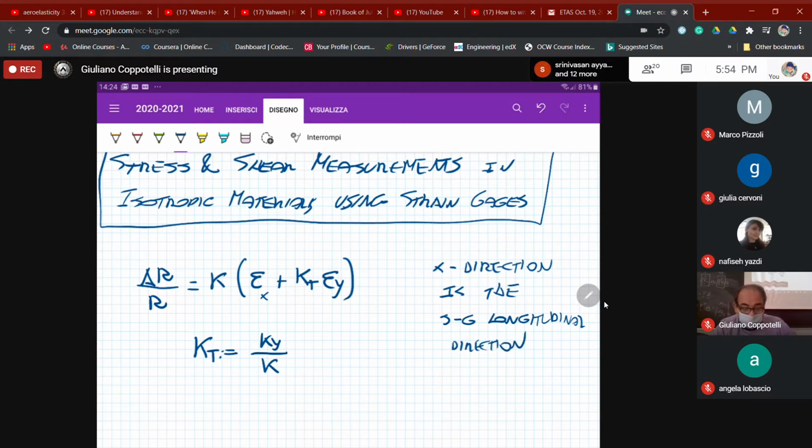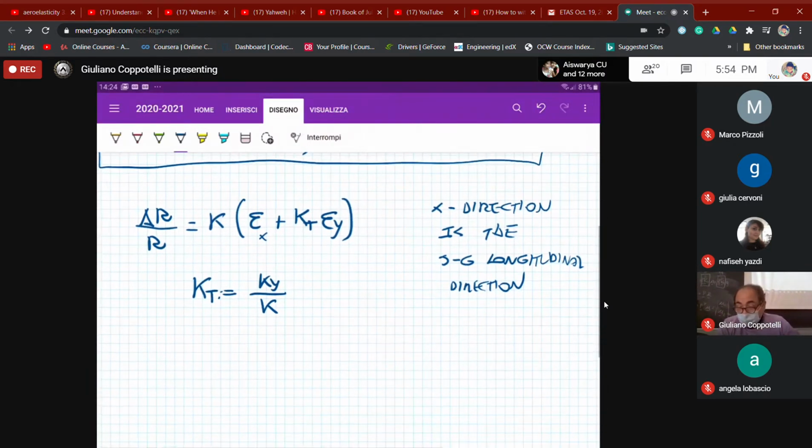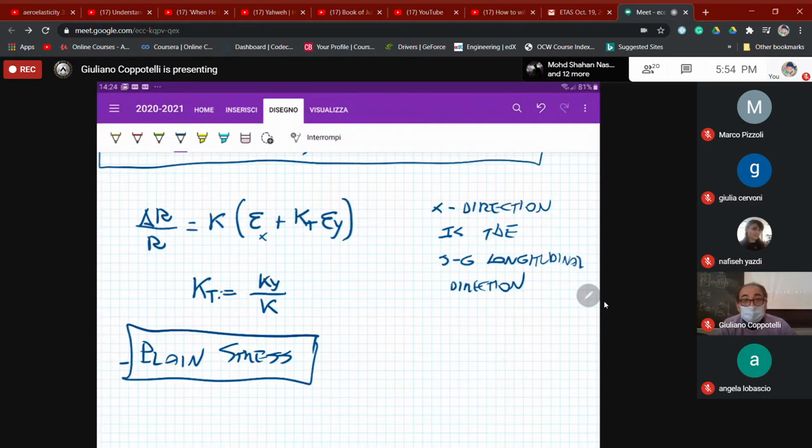And of course, the y direction is a transverse one. That said, let's assume that we are having a plane stress condition. Okay, if we are having that,